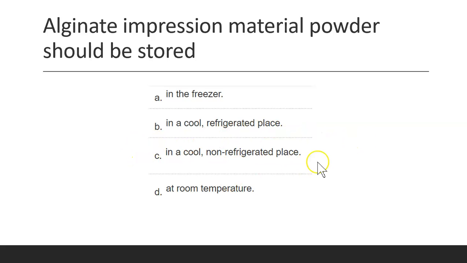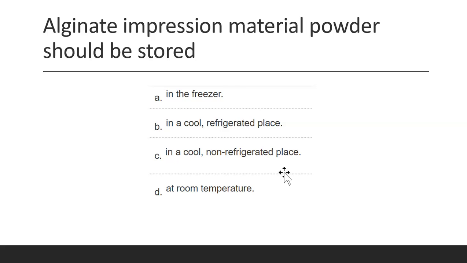The answer is C, in a cool non-refrigerated place. The reason for this is because the powder actually deteriorates. The quality isn't as good when it's exposed to elevated temperatures, so when it's exposed to something hot, or even when it's exposed to water. It's really important to store the powder in a tightly closed container in a cool non-refrigerated place so that the